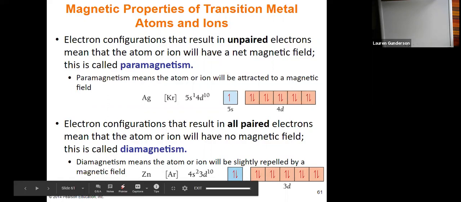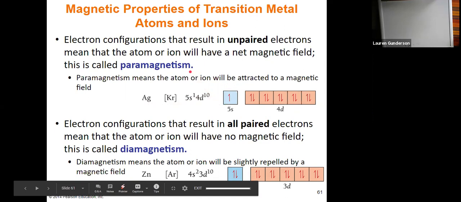These substances are called paramagnetic. So paramagnetism in general means that you have an atom or an ion that is going to be attracted by a magnetic field. So here, for your neutral silver, you have this 5s1 electron. There's one unpaired electron in this structure, which means it's going to be attracted to a magnetic field,